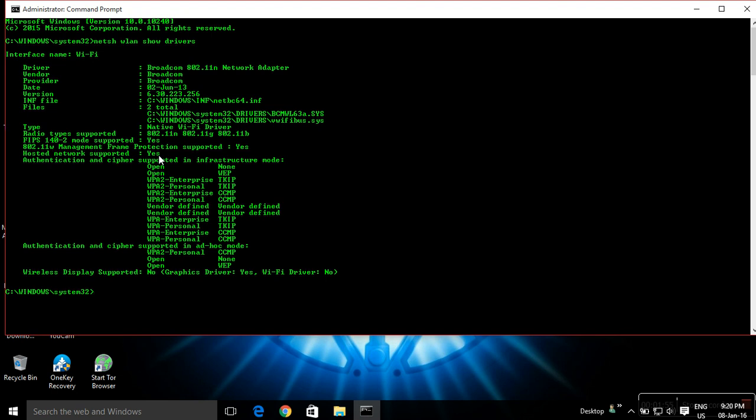But in most cases it says yes, so just write netsh wlan set hostednetwork mode equals allow ssid equals, here ssid means the name of your Wi-Fi hotspot which you want to put. So mine is tech stuff,